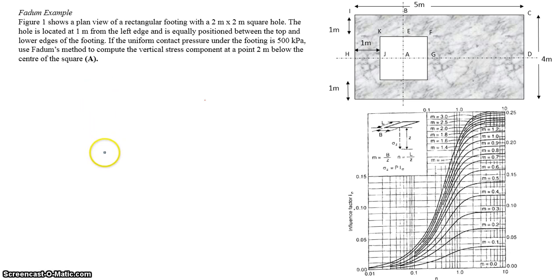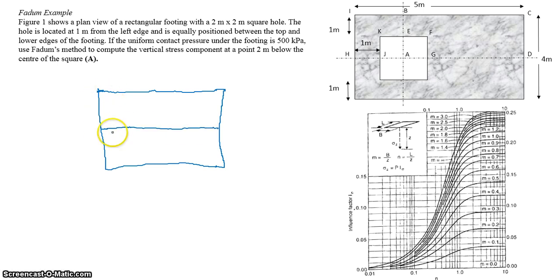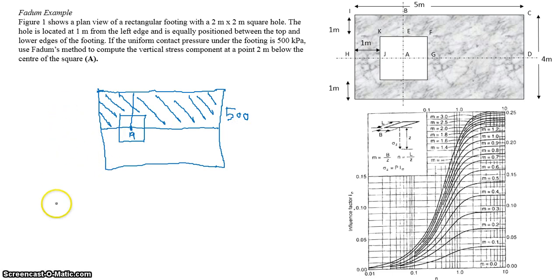So let's say we have this one, and because it is identically similar, this is point A. This is where we have the 500 kilopascal. So what we would like to do is